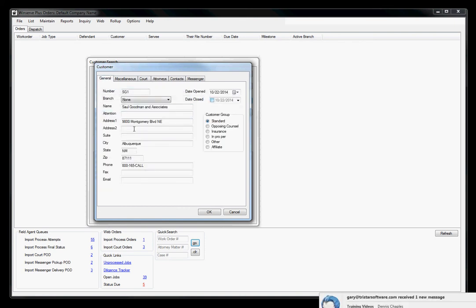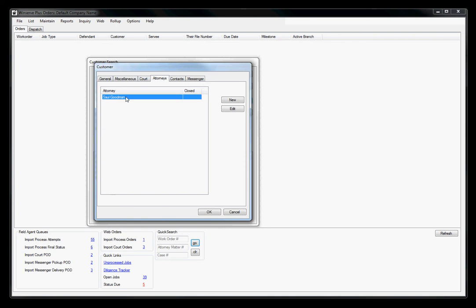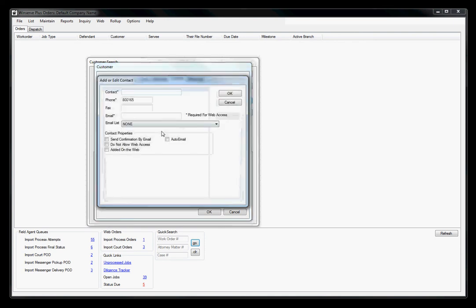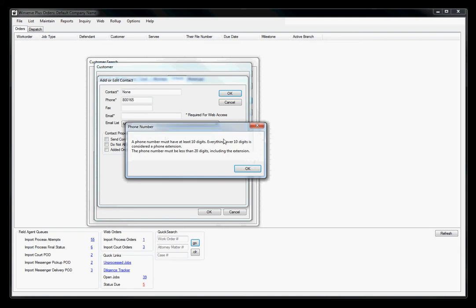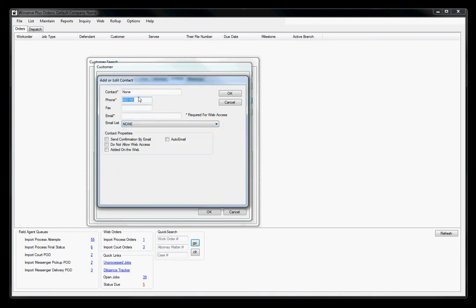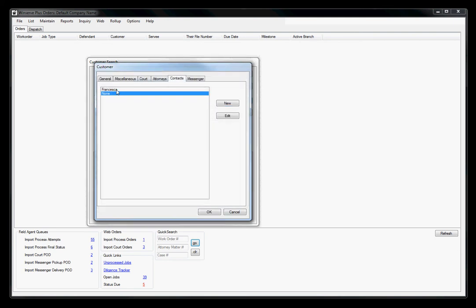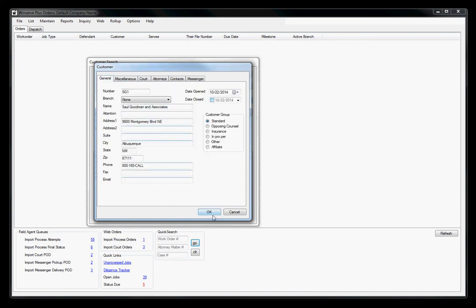Now a lot of times you're working for a small company that maybe doesn't have much more than just an attorney. Maybe there's just one attorney, there's no contact, there's no anything like that. That's fine. You can just put in under the general information the attorney's name, or a lot of times it might be, Saul Goodman, attorney at law, whatever it is. And then under the attorneys, you can put in the attorney's name, and under contacts, you could also just add a new one. You just put in the word none, and you're good to go. You don't have to do anything else. Oh, except put in a phone number. But you don't have to put anything valid in there. You can actually just delete that out of there, and it'll put it in there. So now I have a none, a contact, and a regular one, but the none one could just be the only one. You just have to put one thing in there so that something's in that space. Otherwise, once I click OK,